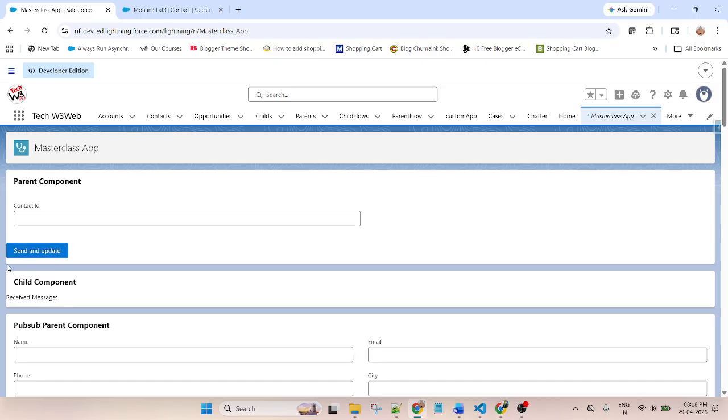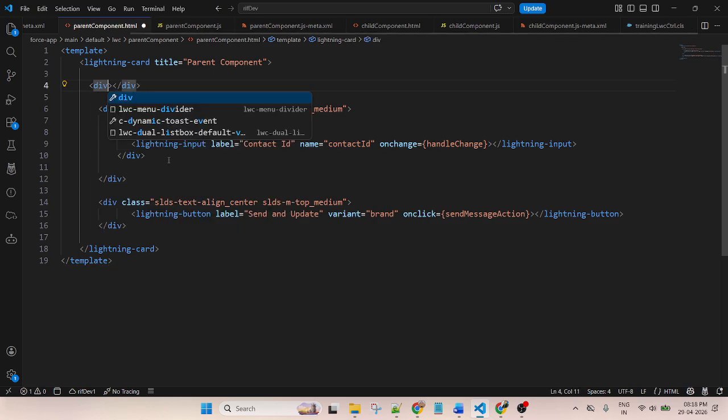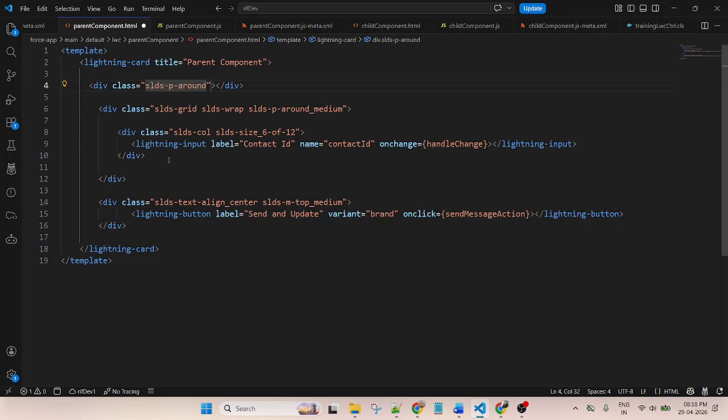You can see the button, there is no space on the left side of the button. Class SLDS p-around medium. This div will close here inside the lightning card.